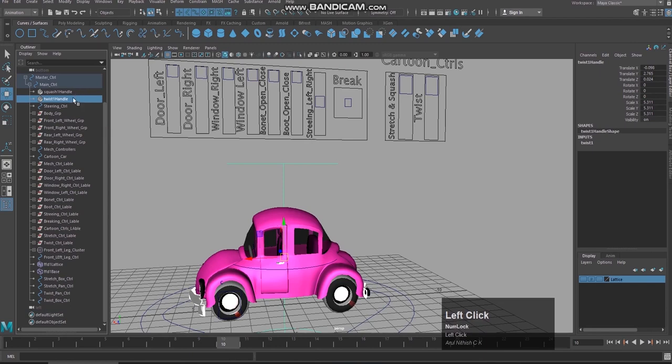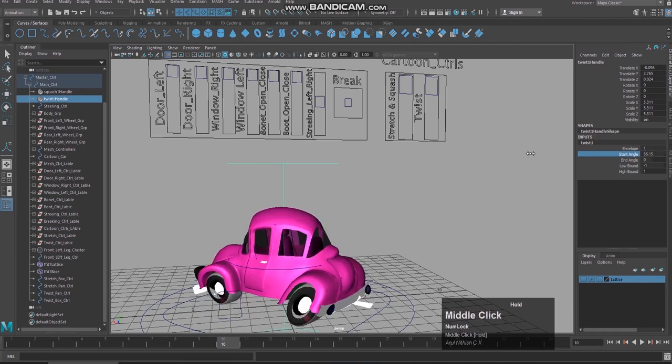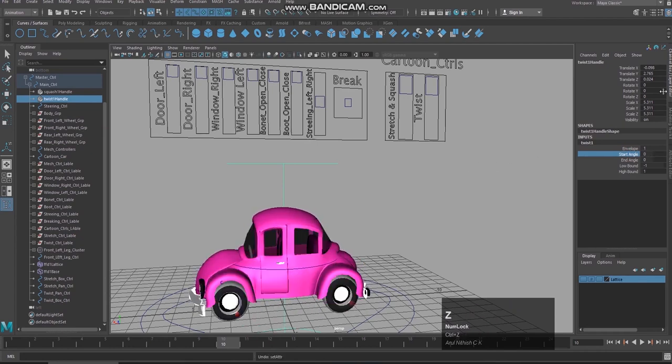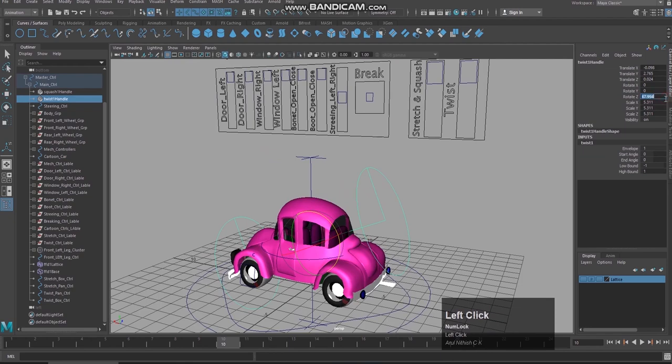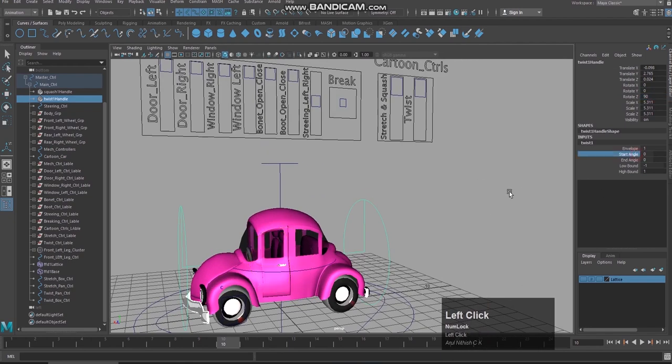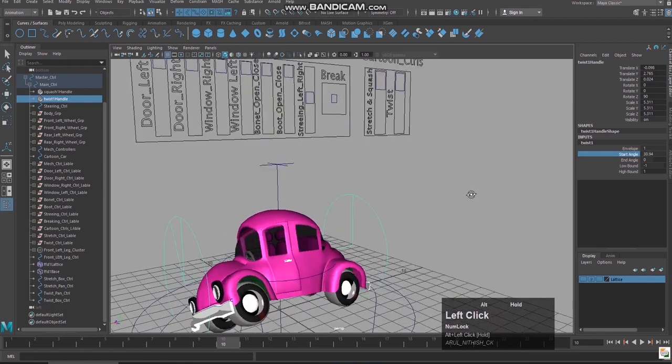Now the twist handle, when you select the twist, you can see it is twisting in this way, but I don't need it in that way actually. So I should rotate the twist handle right in this way, 90 degrees. Now you can see, yes, this is how my cartoon car should get twisted.